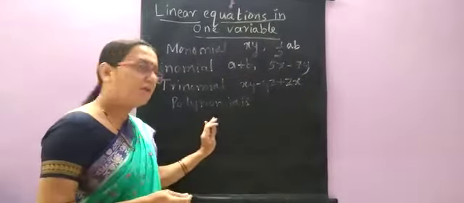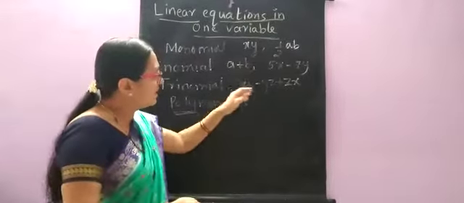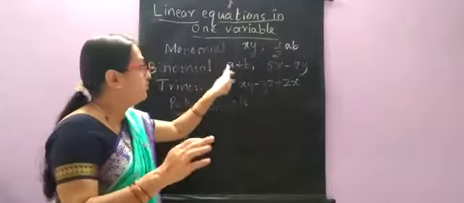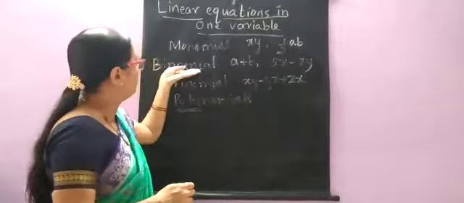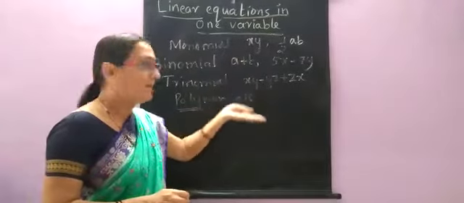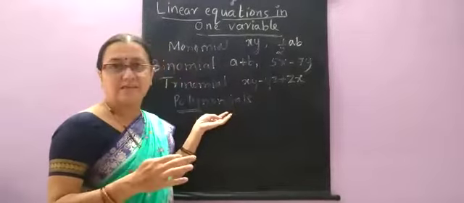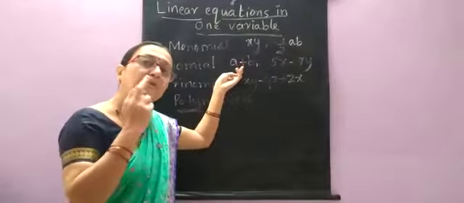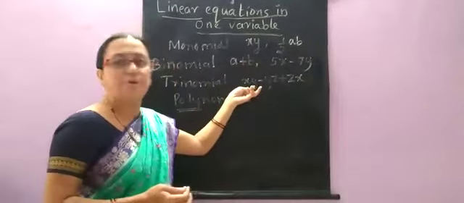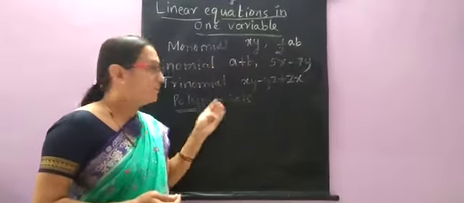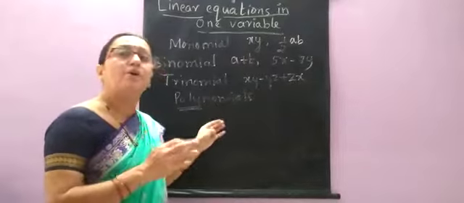What is a polynomial? Poly means many. So more than three terms, even though these are all more than one term itself, we call them polynomials. But there is a special name for two terms and three terms. For more than three terms, we call all the expressions polynomials. Even two terms is also considered a polynomial, since many means more than one. Okay, this is also a polynomial. But a special name is present. But from here onwards, all the expressions are called polynomials.